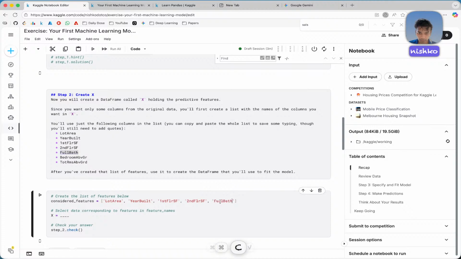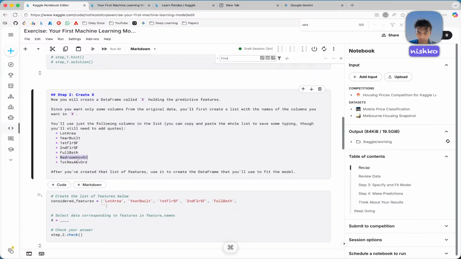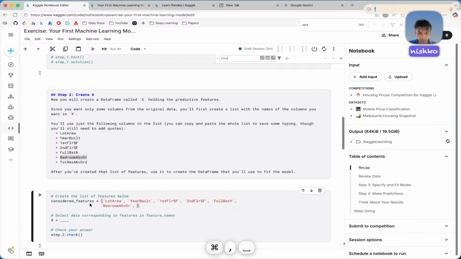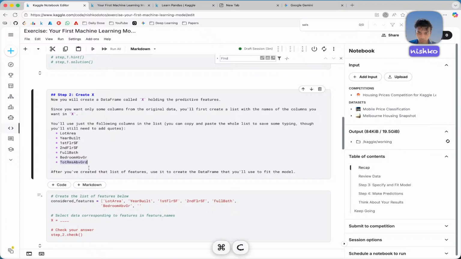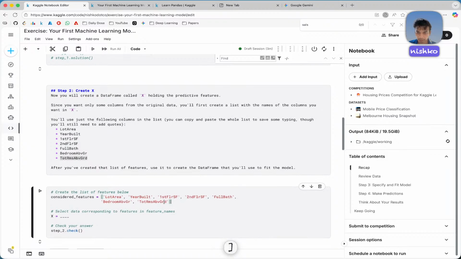full bath, then they need, I don't know what this is, but something. Why? And then, okay, now